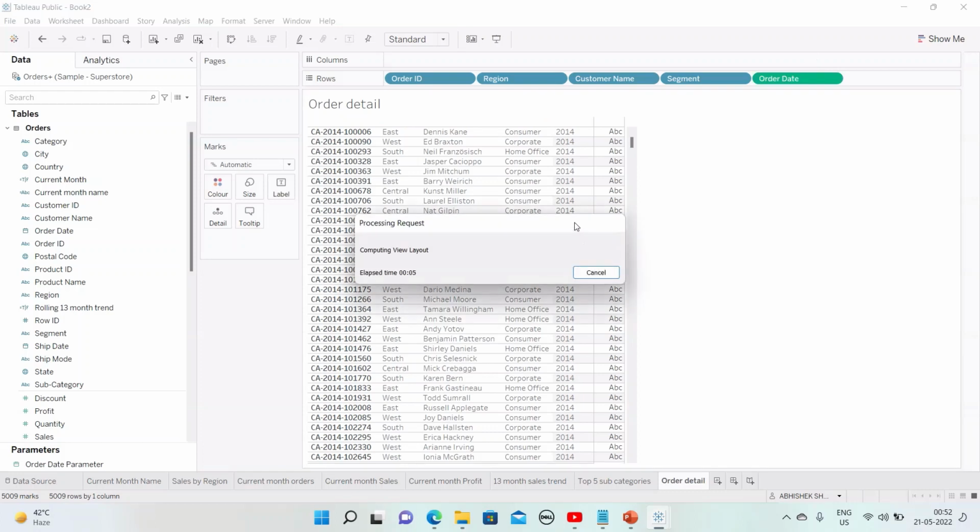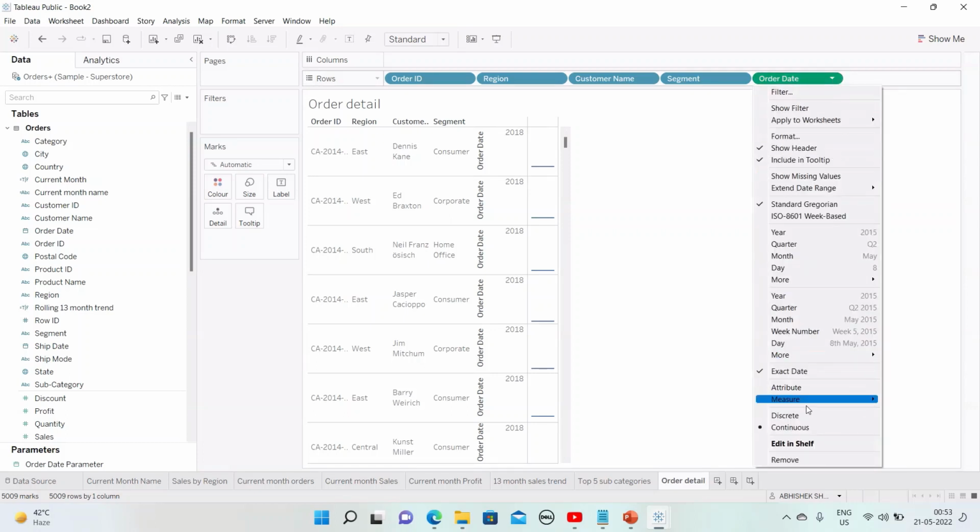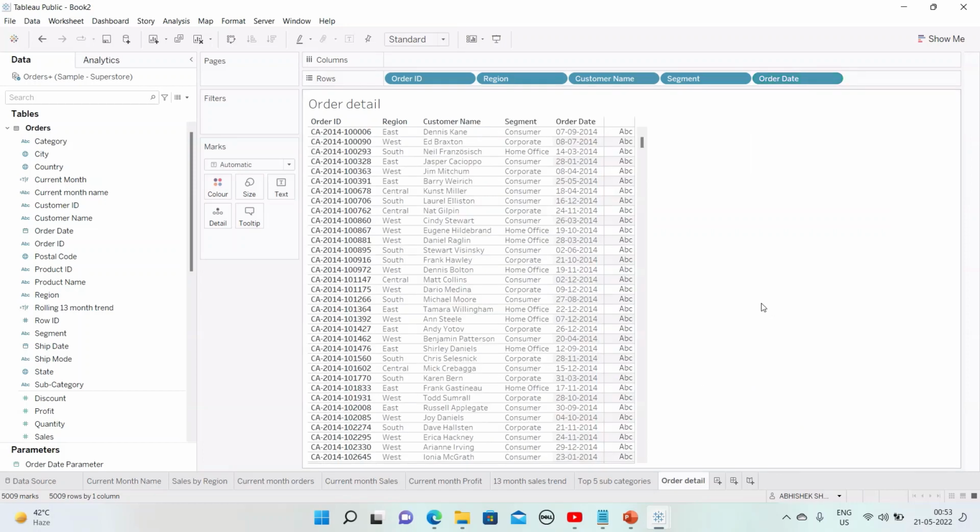So it will change the visual. It will take a while, right? Now this visual has been changed, so no need to worry. Just press the small arrow key and press discrete, right? Similarly,